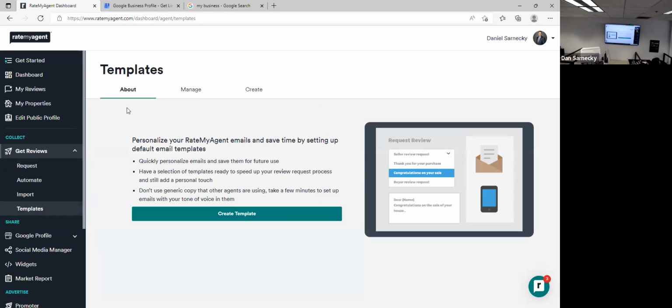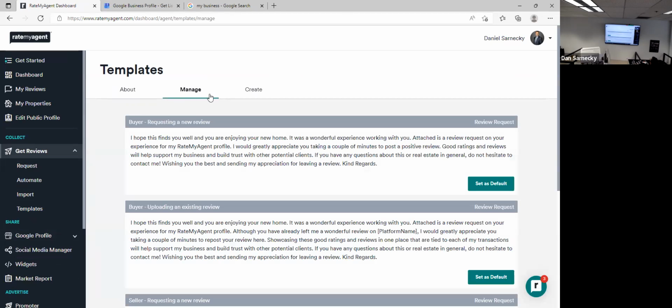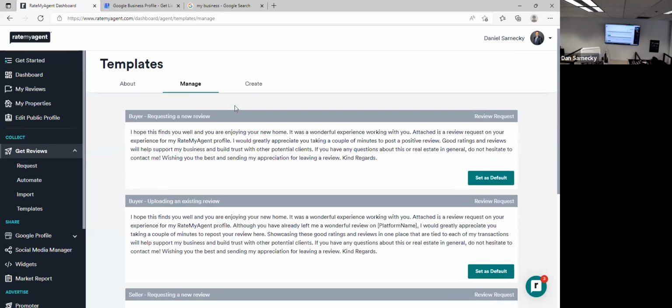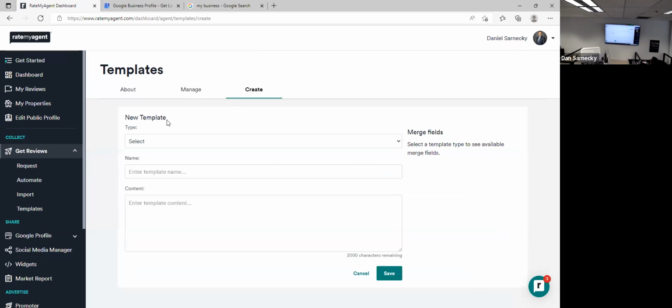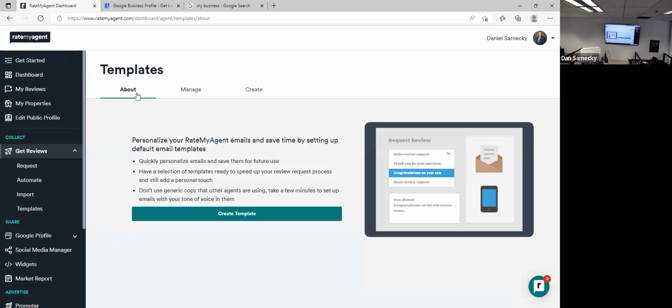So earlier I showed you templates. If you click under templates under collect, this will allow you to go in and look at all of the templates, create new templates. So where like a new agent would go and ask for a review from a family